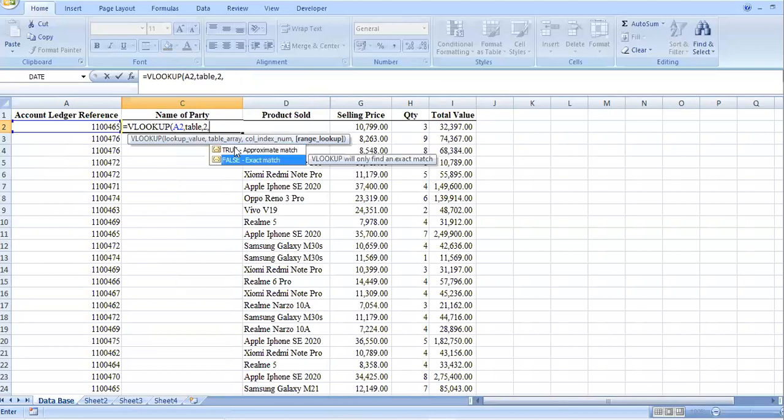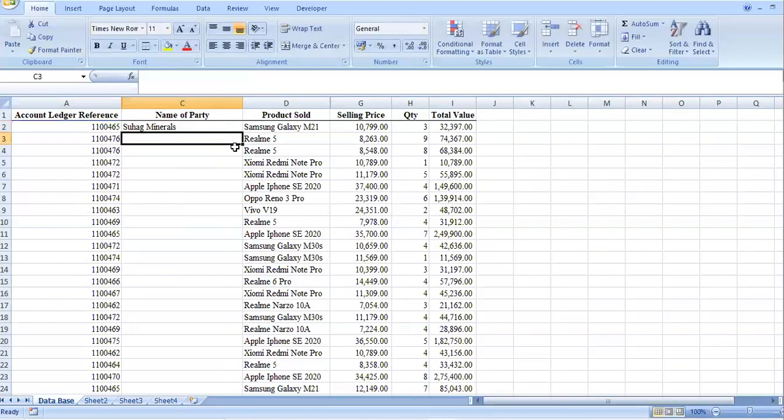By using the down arrow, I'll select exact match, and then don't forget to hit the tab button. If you need the exact match, you have to hit tab, or else whatever you selected will not be filled. Once the formula is done, close the bracket and hit enter.